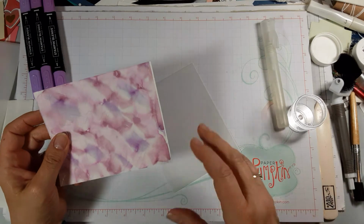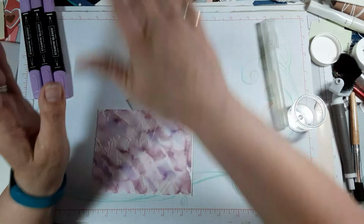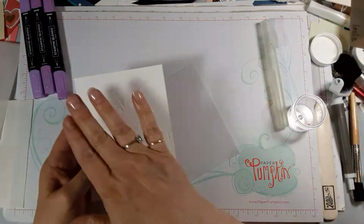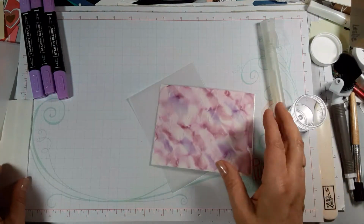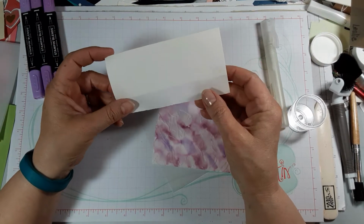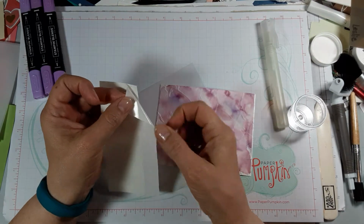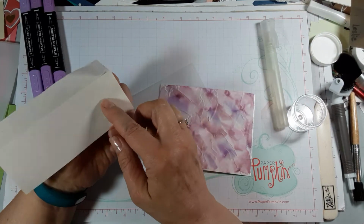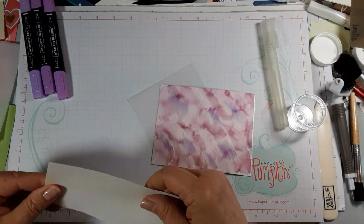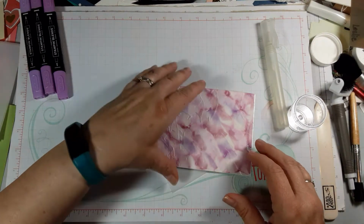You can use a sponge and some of the liquid glue and get a real thin layer using a silicone mat, and then add this, or you can use our adhesive sheets. They come 6 by 12 and they peel off, and so you use this part. So this is the backing, so you use this part and then you burnish it real well, and then this side peels off. Okay, and I'm going to show you something that you can do with those too when we get to the gilded